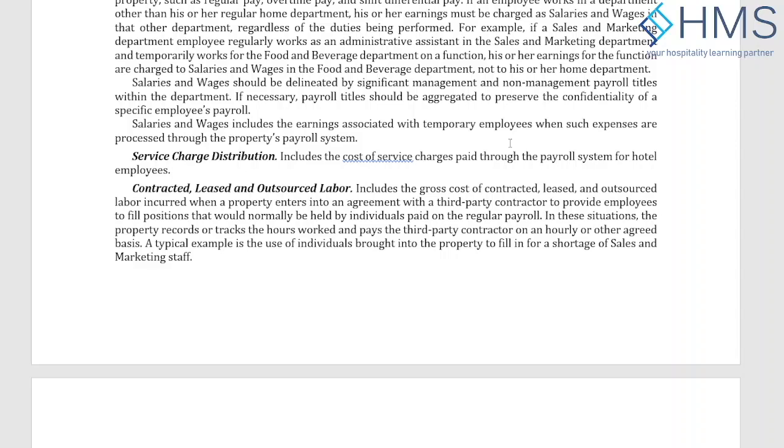but the actual cost is booked in the sales and marketing department. Then the other department, which generally may differ in different hotels, is the reservation department. Most of the hotels have it reporting to the revenue manager or to the director of sales and marketing, and the cost is also going to the sales and marketing department.